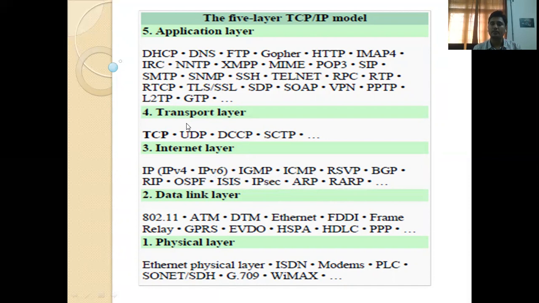Coming to the transport layer, which we are discussing here in this unit number 4, that is TCP, UDP, DCCP, and SCTP. All these protocols are related to the transport layer.